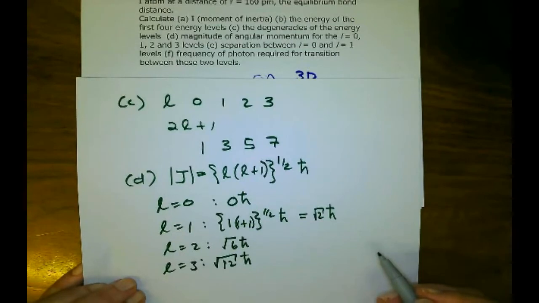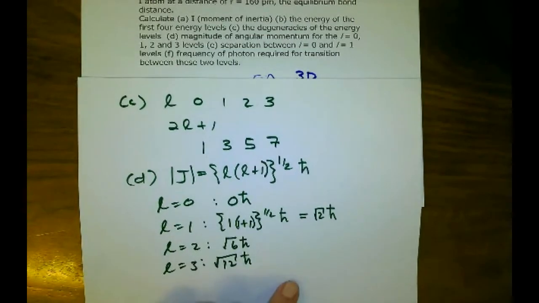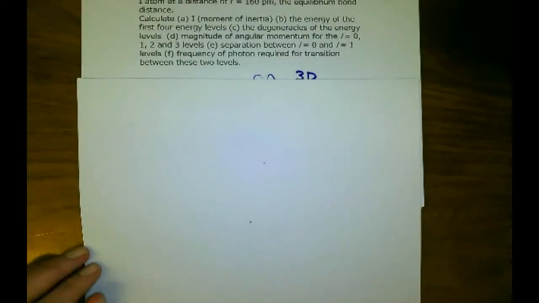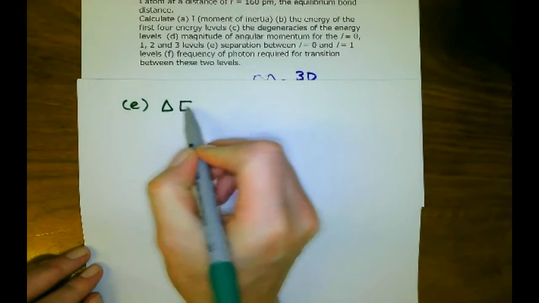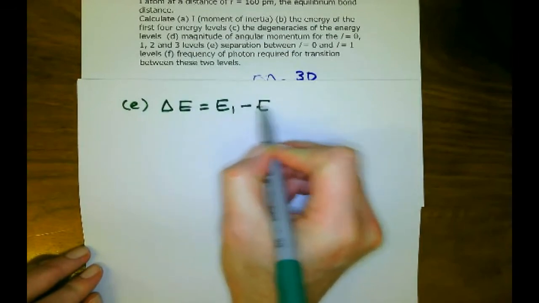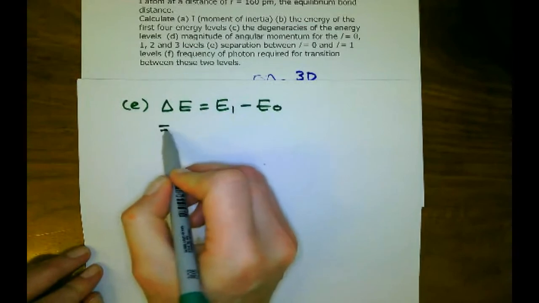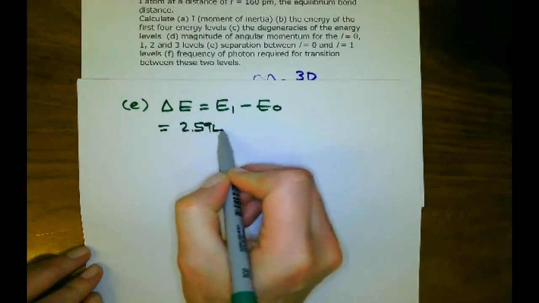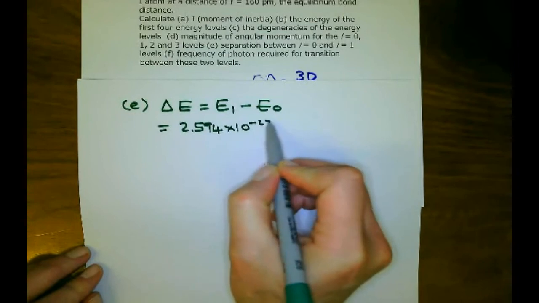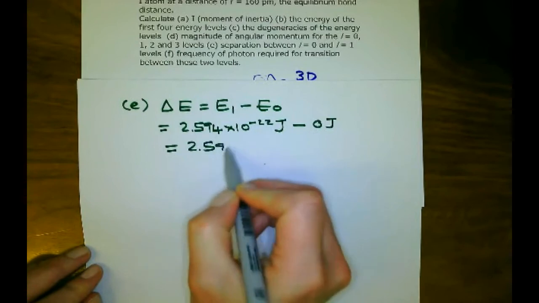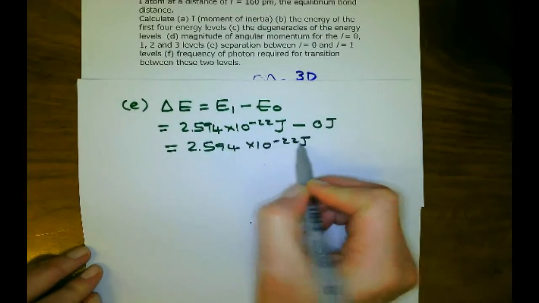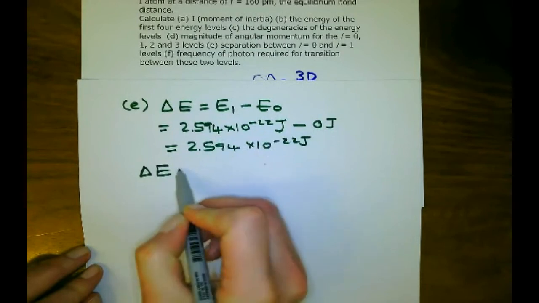You can check that. Next part of the question, the separation between L equal to 0 and L equal to 1 levels. Now in the first part of the question, we have already calculated these energy levels. So for the E part, we want delta E between E1 and E0, but we have these energy levels. E1 we found to be 2.594 times 10 to the minus 22 joule, and E0 was just 0 joule. So in this case,